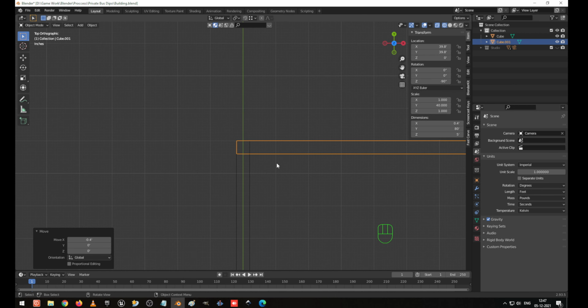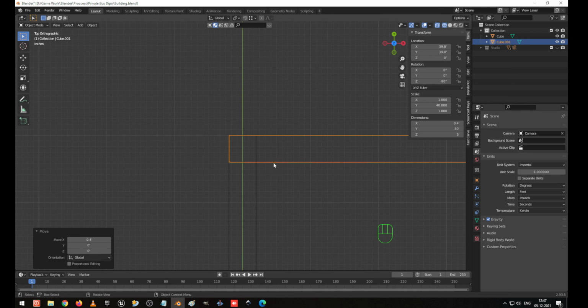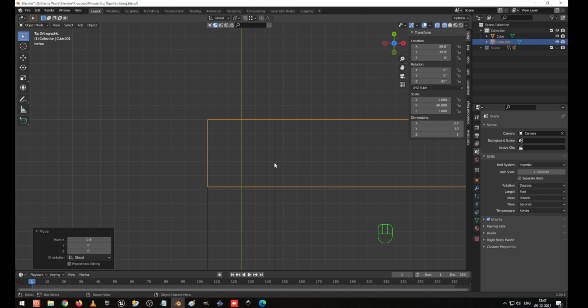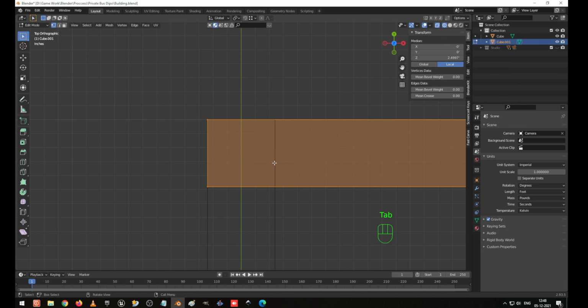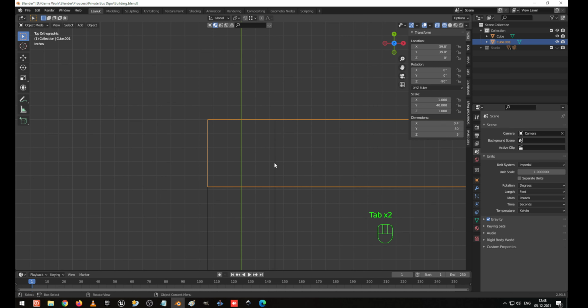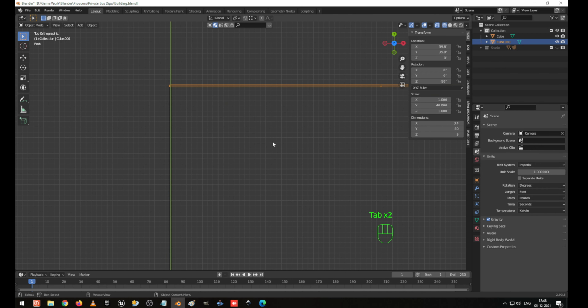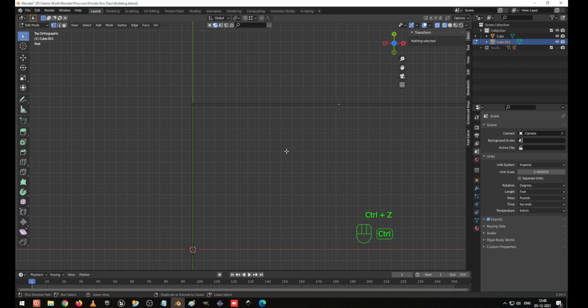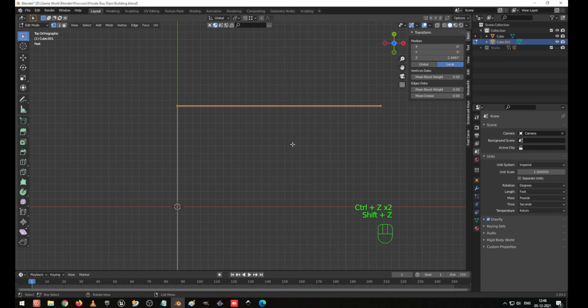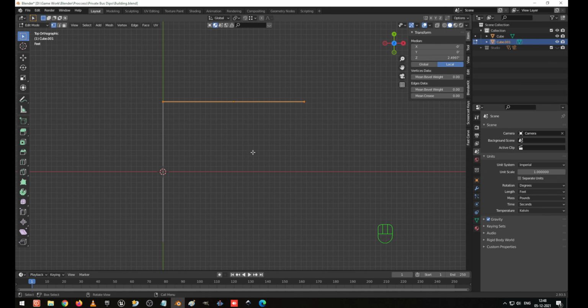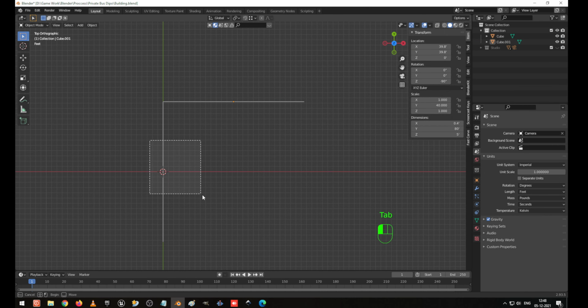This one we are going to join as per our requirement, or we can keep it the same also. It doesn't look good actually, and my thing is we have to do it correctly. So go to edit mode. This one let me see later. Before that we can do all the 4 places. Shift Z. Okay, now I can view both walls. I go to the object mode now.